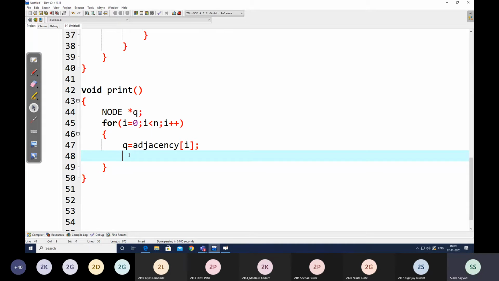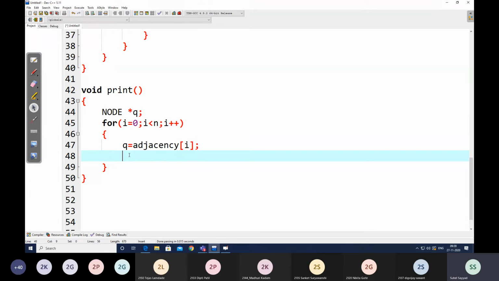After q is equal to start, what is the next statement in the traverse logic? For the last 10 minutes I am asking, why are you not replying? Why do I need to pinpoint a roll number and ask you people? Ten times I am asking from the last 5 minutes.